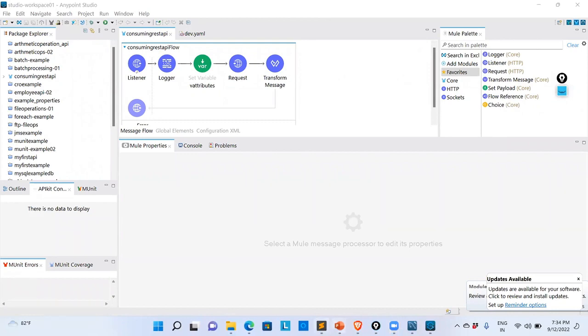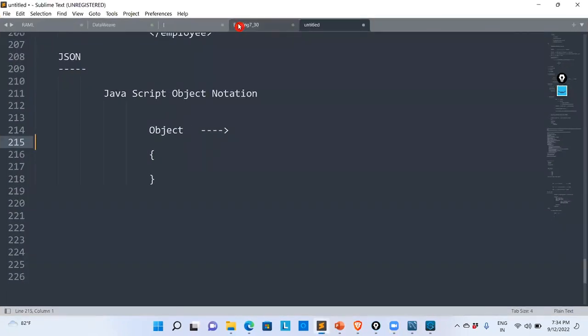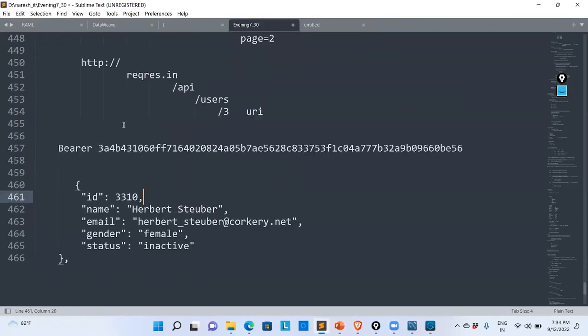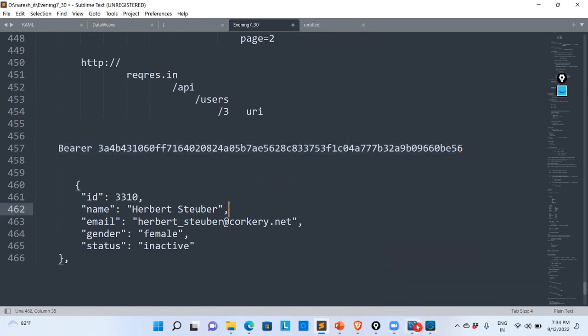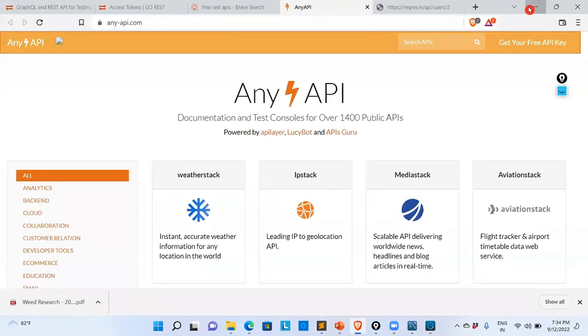I think in the last session, we saw the bearer token, how we can pass the headers for the HTTP requester, and how we can pass URI parameters and query parameters. Today we are going to see one simple